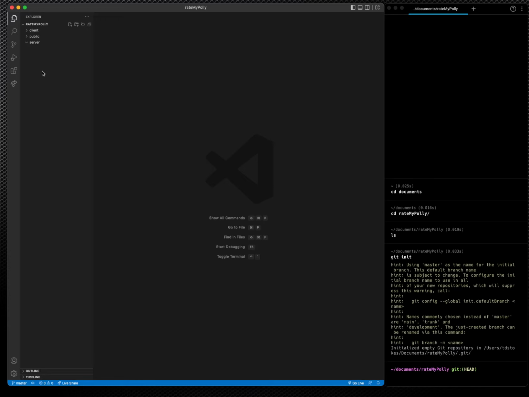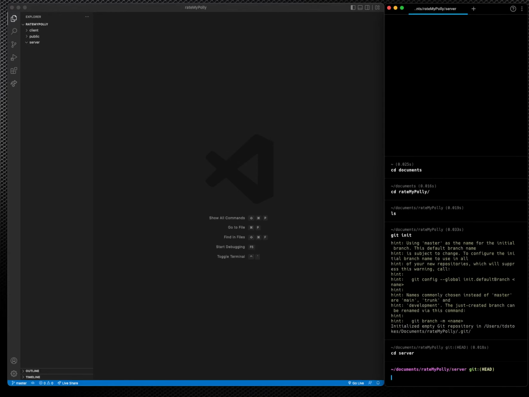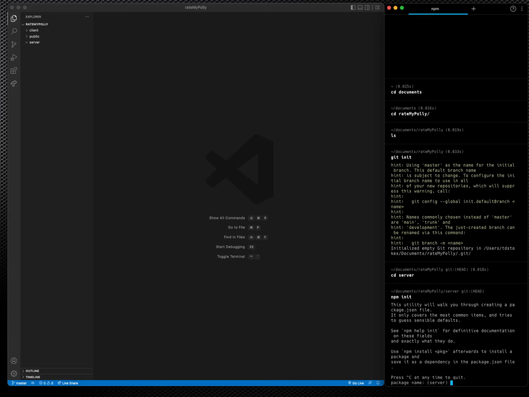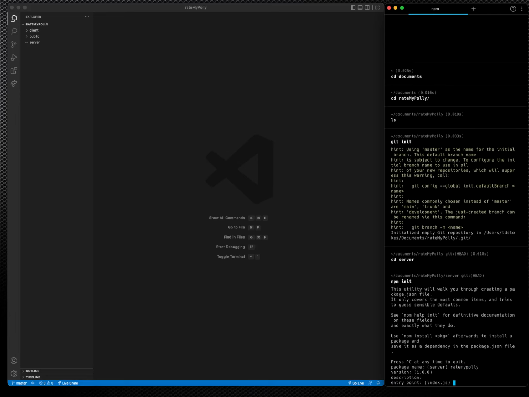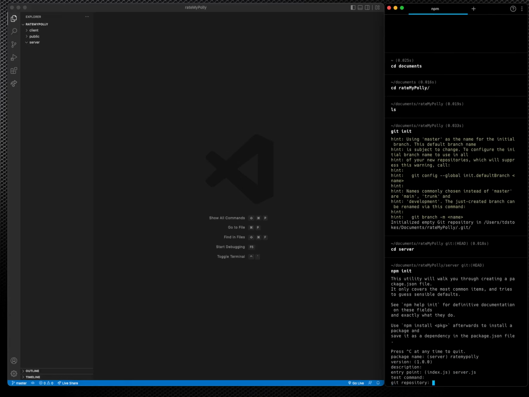All right, so what we want to do now is navigate into our server folder and initialize a new node package. So I'm going to say npm init, throw in a couple of boilerplate things: Rate My Poly, version 0, description, entry point will be server.js, which we will create. No test command, git repository. So that will be